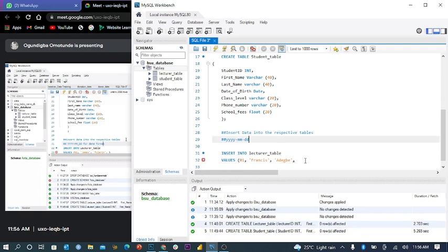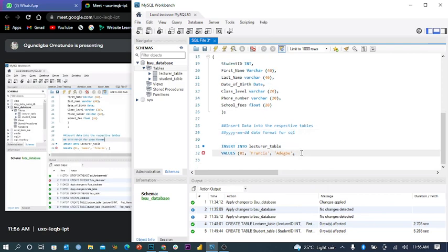When you don't input, oh sorry, it's not underscore, it's dash. So when you don't input your date in this format, it will give you 0000. So that's an incorrect format. So when you want to input the date of birth for the lecturer, put it in an inverted comma. Let's assume he was born, let's say 1990 dash March, then let's say 11th day of March. So this is the date. Make sure you are doing it the same way I'm doing it. If you don't put your inverted comma, it won't run.